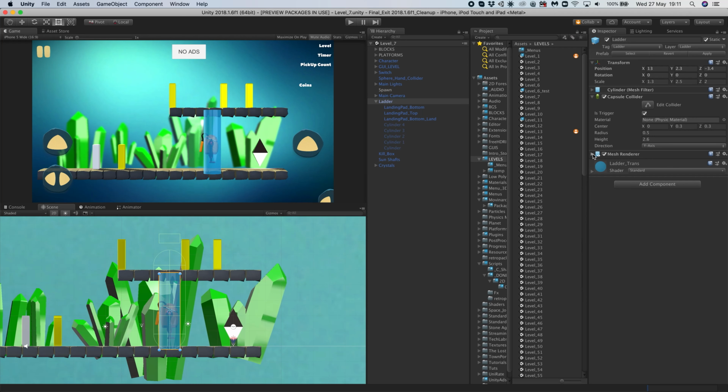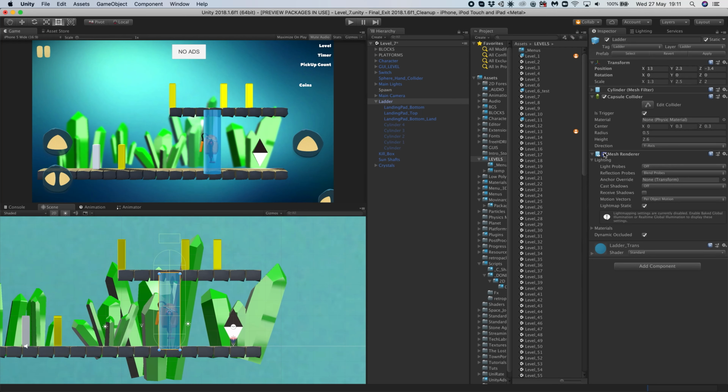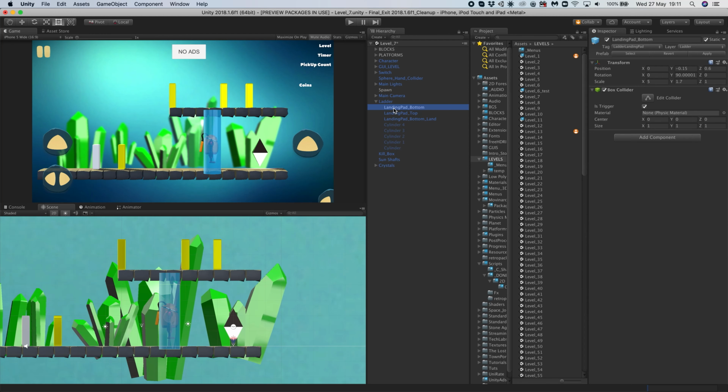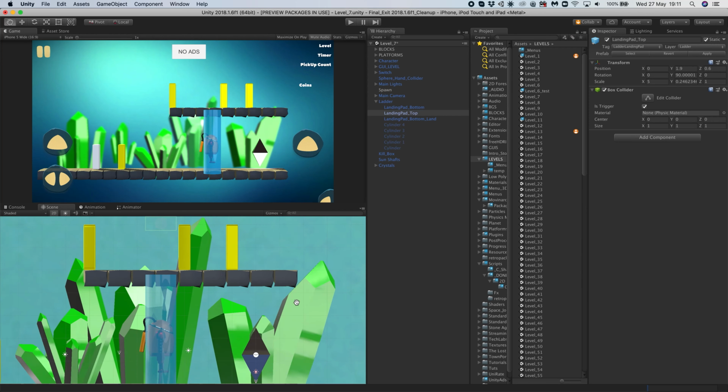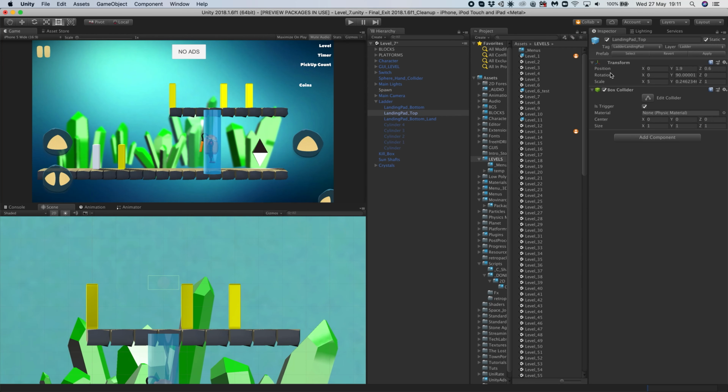Anyway, and your mesh renderer of the actual ladder. On it are, I guess, trigger events, yes, of the bottom and top. So the bottom here, as you can see, I don't know if you can see in here. So if I just turn that off, one there, the top, that one there, turn that off just so you can see it,